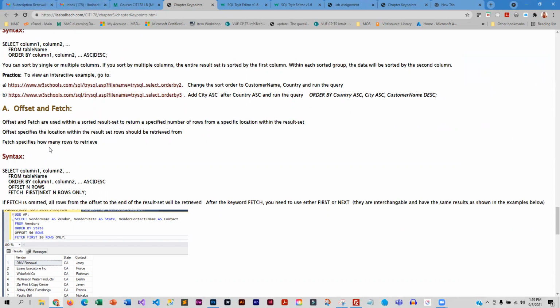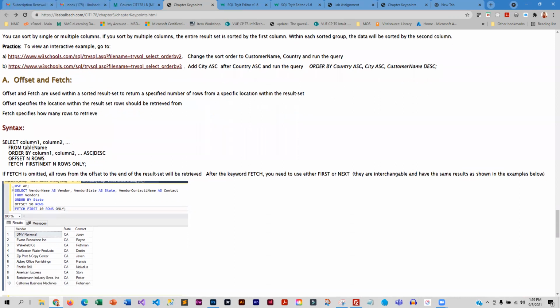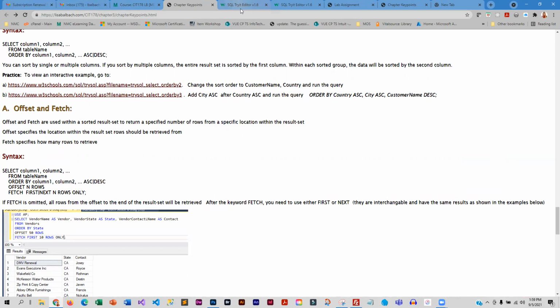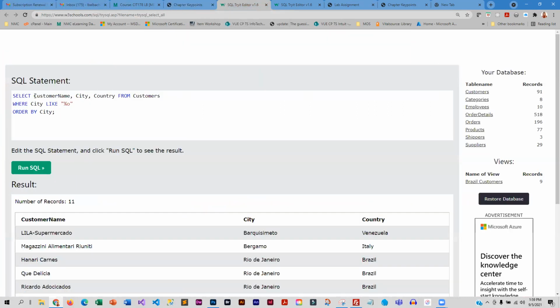And offset and fetch, we actually use a little bit more near the end of the semester when we are doing a lot more with scripting. But it actually allows you to retrieve 1 row at a time or a certain number of rows. So fetch first 10 rows will only display 10. Offset actually jumps forward 50 rows. So in something like this, where we have a lot of rows,